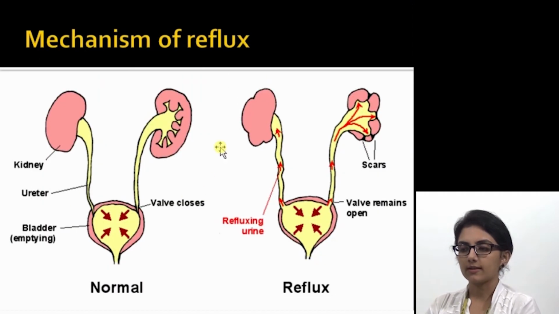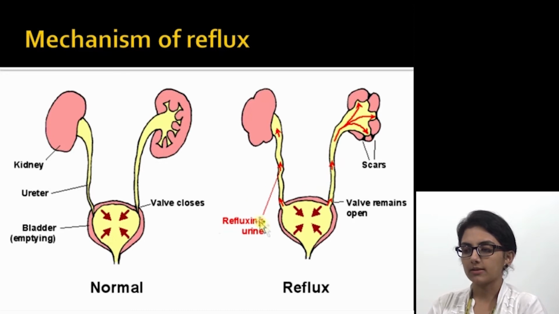As you can see in the slide to the left, this is what happens in the normal situation, that when the bladder contracts during voiding of urine, the ureteric orifices are pinched close and urine cannot enter into the upper urinary tract. However, if there's any abnormality in the ureter predisposing to reflux, then when the bladder is contracting during voiding, the valve remains open and urine can pass up into the upper urinary tract and cause scarring of the